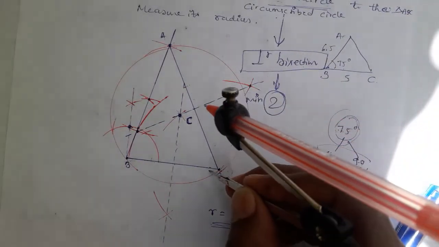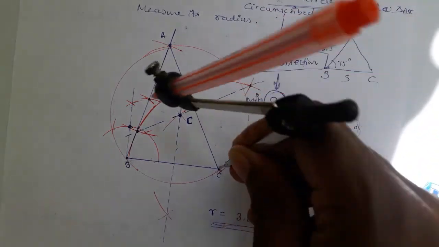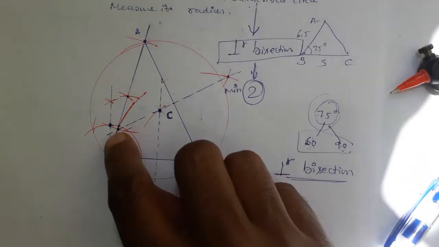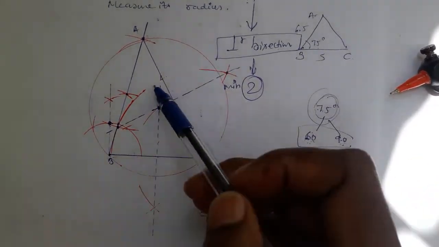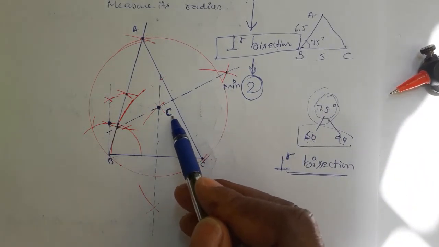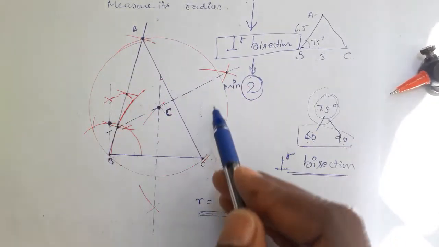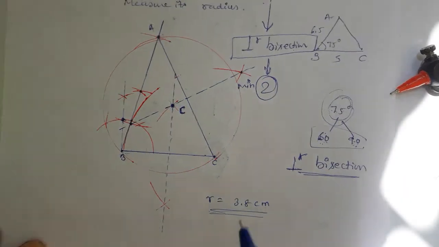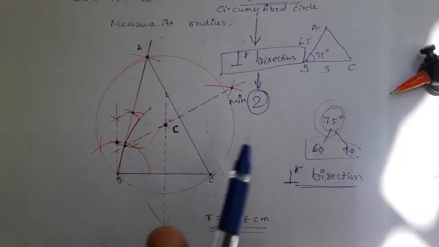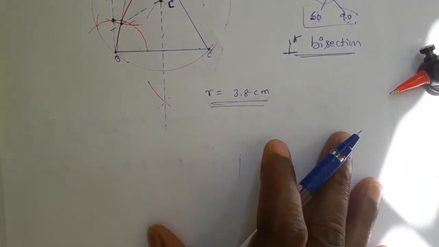Now select one more side. I took side AC. I took more than half of AC like this, right side one, left side one. From the A end, those two arcs I cut. Finally, join those two meeting arcs. The first perpendicular bisection and second perpendicular meet at one common point, that is called the circumcenter. From that point, the final step, take compass and draw a circle. That circle passes through all the three vertices. If the measurement of the circle radius is given in the question, measure it, or just leave it. So this is your required construction. Hope you got how to construct the circumcircle.